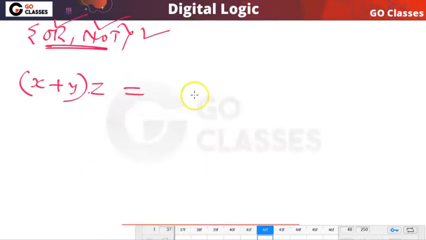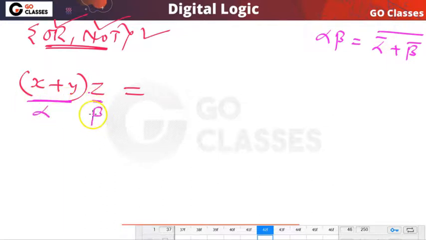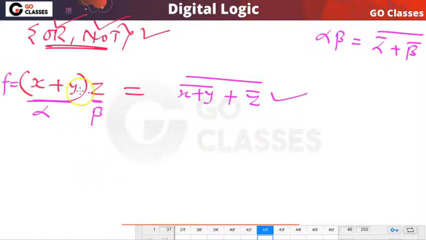What we can do, very simple, I told you that alpha beta can be written as (alpha bar or beta bar) whole bar. So this is alpha and this is your beta. So finally this will be (alpha bar or beta bar) whole bar. This is how the same function you can represent. In this function f we have an AND operation, but this AND operation we can eliminate using OR, NOT operations.